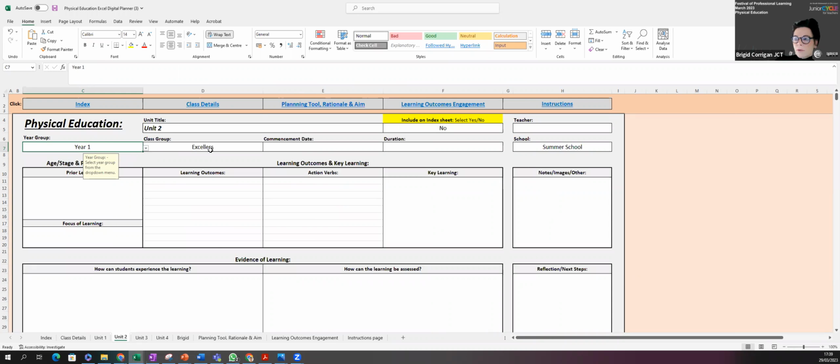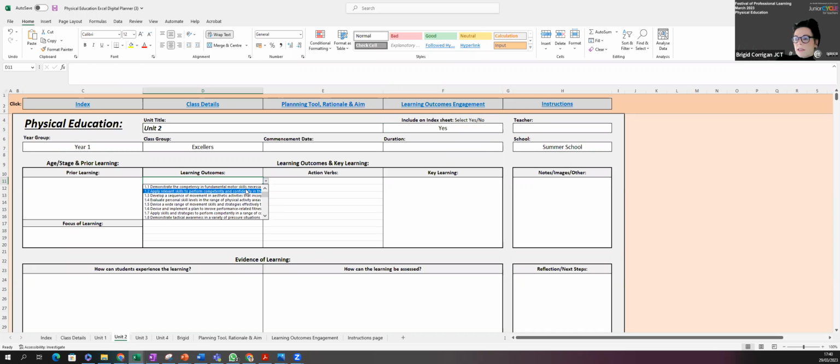So this same group, Excelers, they're in year 1. I'm going to leave out the other information for the moment, but I'm going to make sure I do activate the tracker, because I've gone into a new unit. So I've hit yes. And I'm actually going to revisit the same learning outcome. So just to show you then what happens